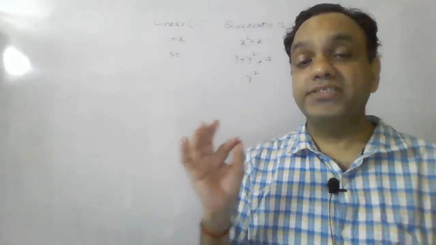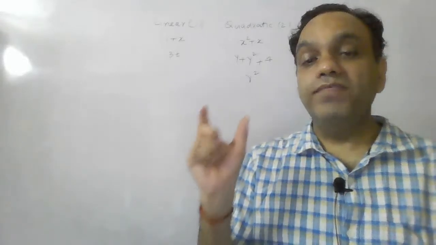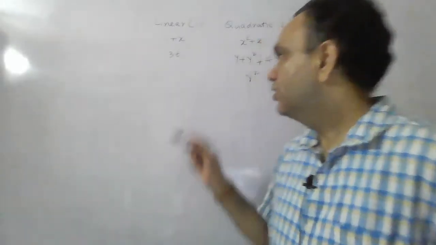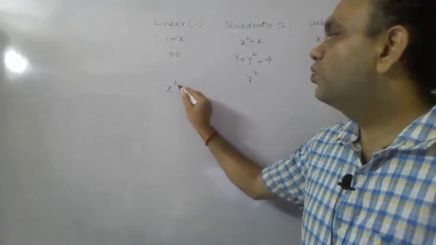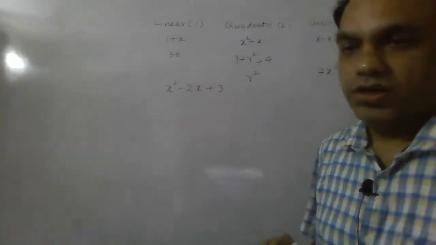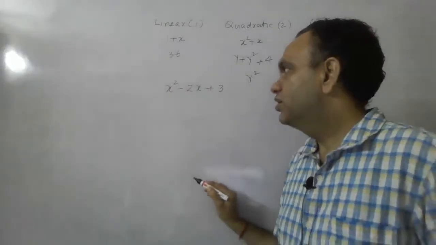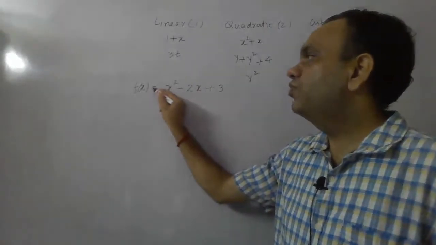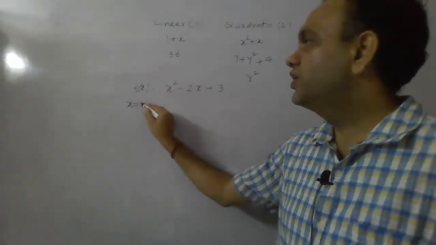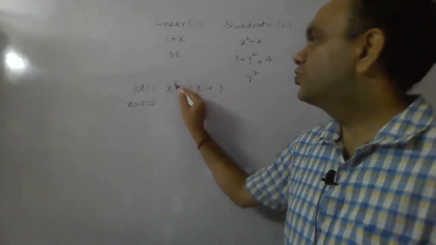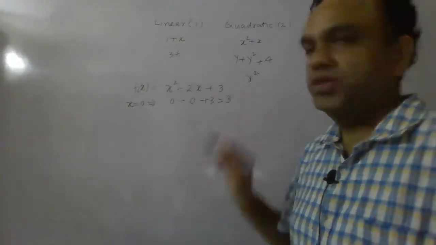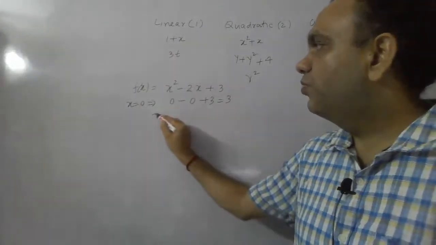For what value of x the polynomial value will be 0, that is known as a zero. For example, if we have x square minus 2x plus 3, which is f of x, at what value of x is it 0? In simple language, if we take x equal to 0, what is this value? 0 square is 0, minus 2 into 0 is 0, plus 3 we get 3. It is not 0. If we take x equal to 1,